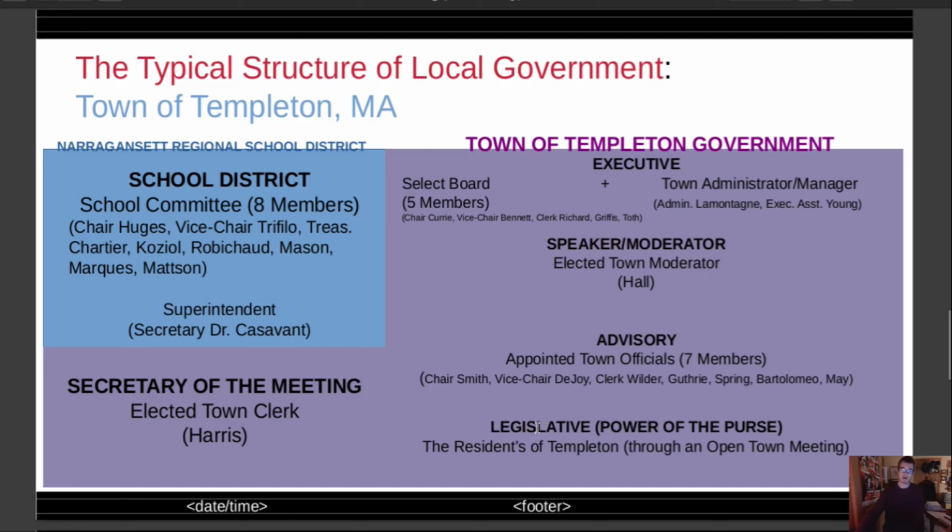And then the legislative power, which is the power of the purse, in most towns, are the actual residents. When you are there, residents have to make the motions, not the moderator. Residents have to go up to the microphone and do things, and residents have to vote by hand or by voice vote to get things passed. Depending on the item, sometimes it is by majority vote, 2/3 vote, or by 9/10 vote. But for today, it's only going to be by majority and 2/3 vote.